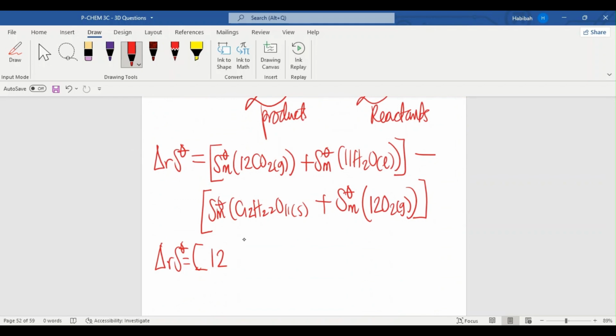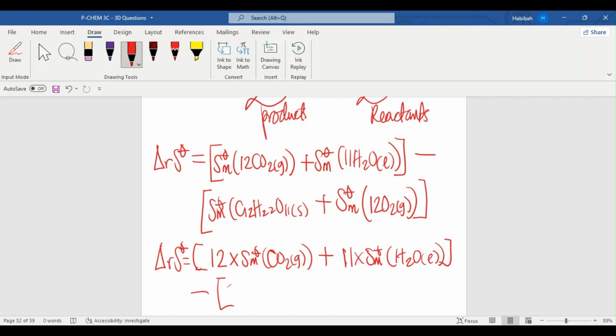So we're going to bring out the first coefficient. That'll be 12 times the molar entropy of CO2 gas, plus 11 times the molar entropy of the second product, so H2O liquid, minus, we're going to do the same thing here. This one, the coefficient is 1, so we're just going to rewrite this: the molar entropy of C12H22O11 solid, plus the 12 times the molar entropy for the second